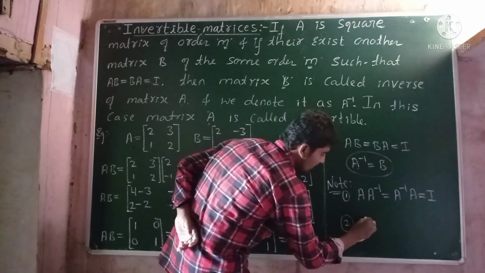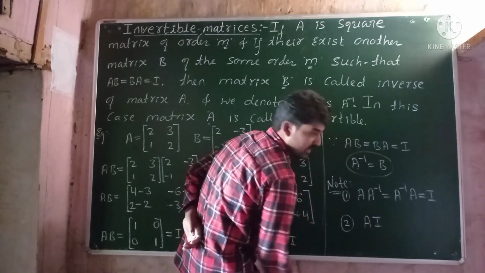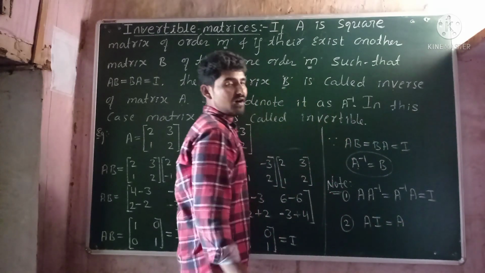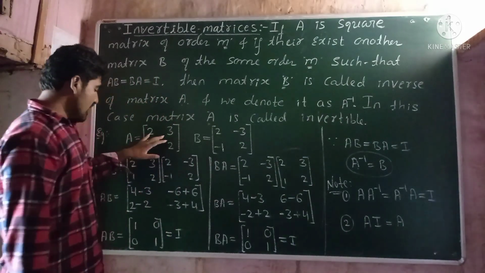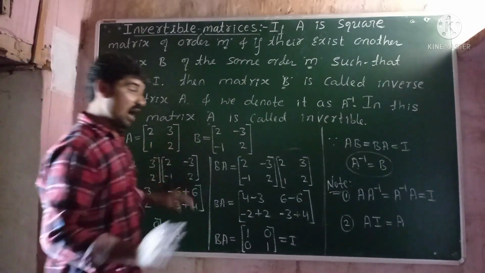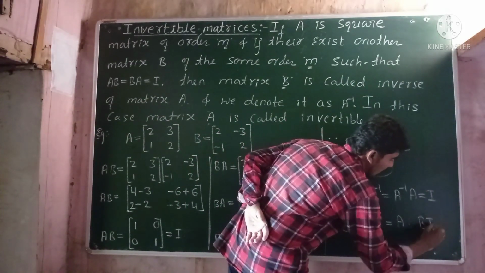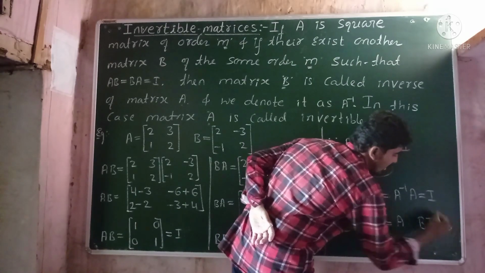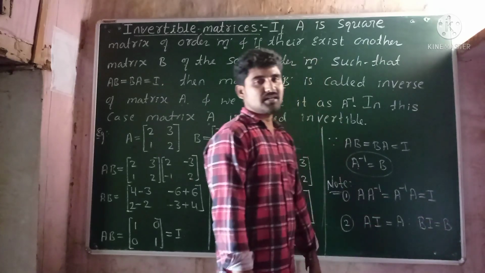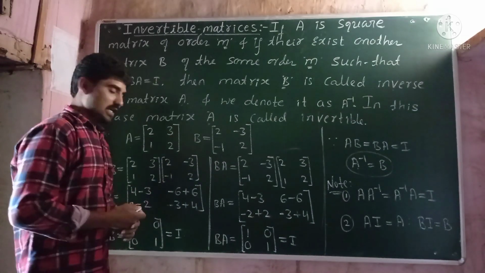And if I multiply the matrix A with unit matrix I, the answer should be A matrix itself. Or you may check, if you multiply A matrix and I matrix, the answer that comes is matrix A. Or matrix B into unit matrix is also B matrix. And similarly, C into I matrix is C matrix. I hope all of you understood. If possible, take a note.